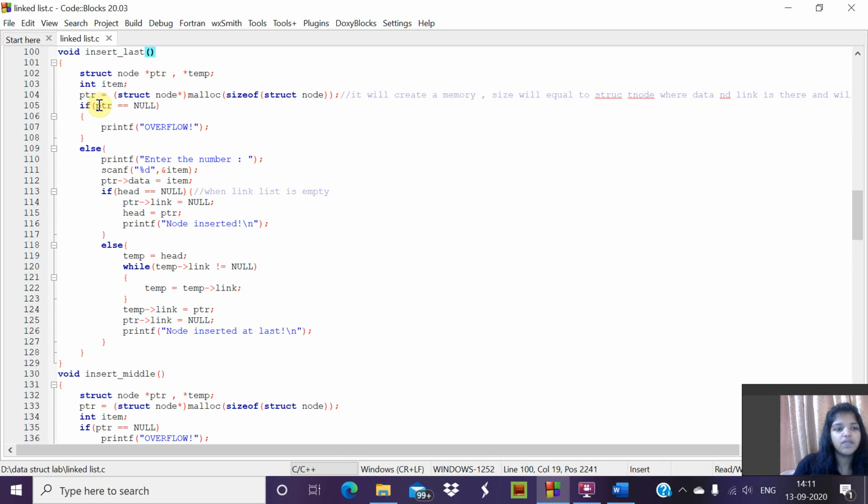Using an if condition, we are checking ptr equal to null. If the condition is true, then we printf overflow. Else we ask the user to enter a number, and that will be stored into the variable item, and we store the value of item into ptr of data, and we again check if head equal to null, that is, whether the linked list is empty or not. Then we store null into ptr of link, then ptr value will be stored into head, and it will print